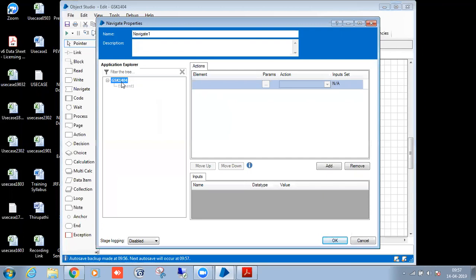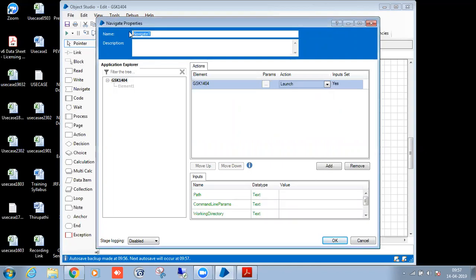Every time, if you take the navigate stage, in the actions you can see global send keys, global send key events, attach, detach, launch, and terminate. This is the logic we're going to implement now. First, before that, you have to launch the application, right? So I'm launching the application.